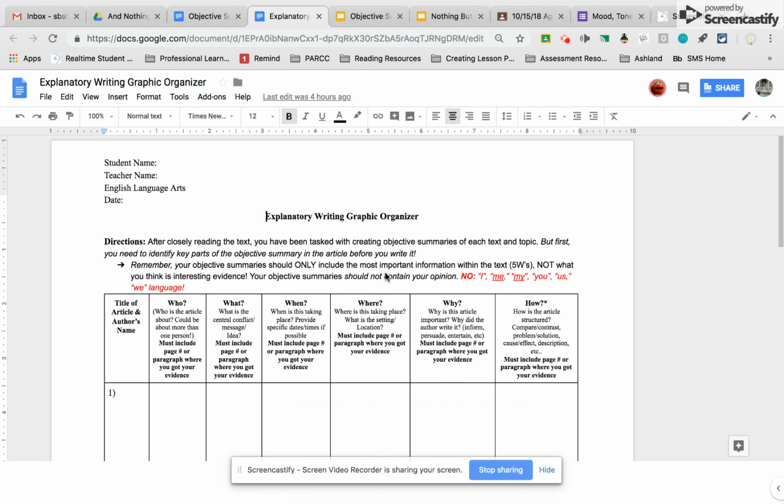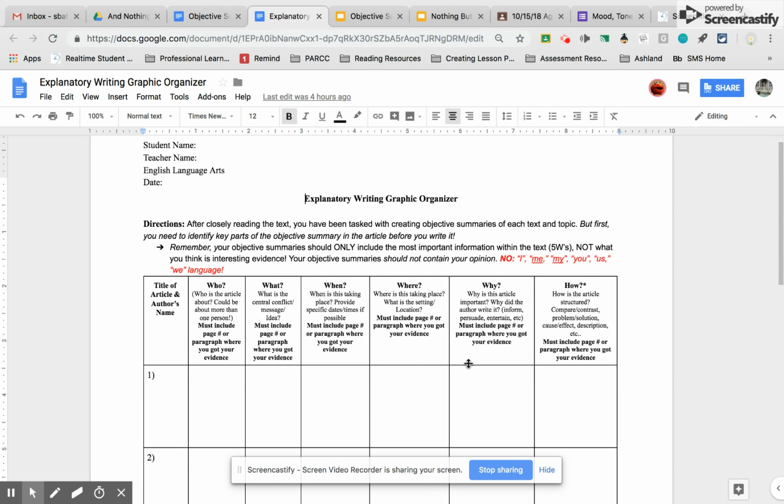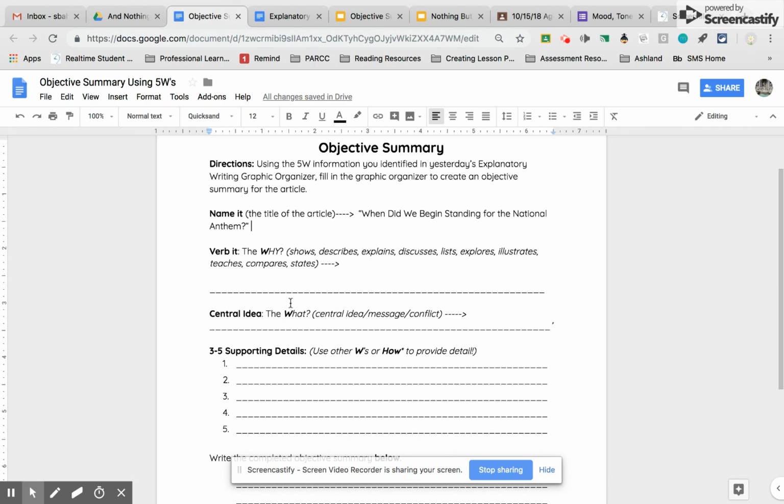I need to go back and take a look at my graphic organizer. Yesterday, right, we should have filled this in, right? I'm going to pull from the why. Why did the author write the piece? Is it to inform, persuade, entertain, etc.? I'm going to pull from what I put here to help me answer this question. So why? The author, right, wrote the article to inform of the history of the tradition for standing